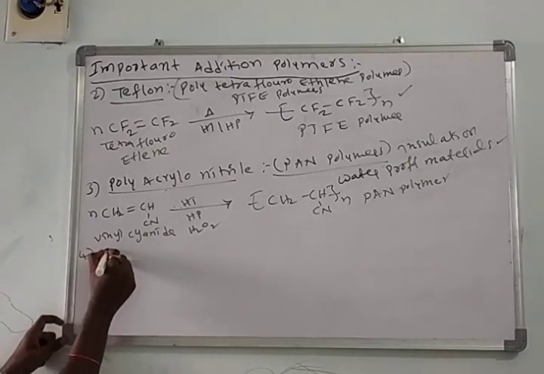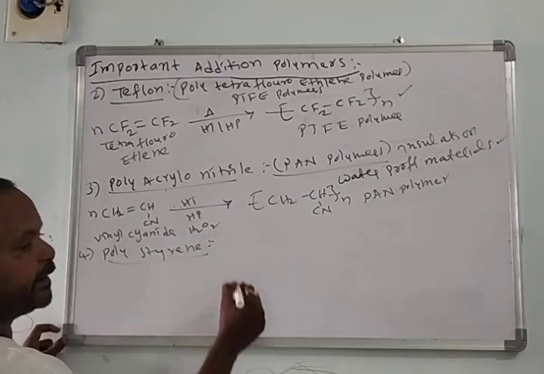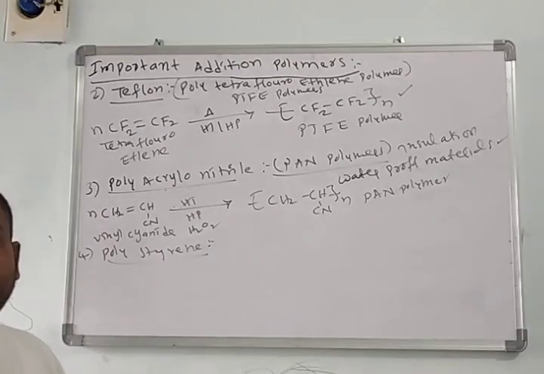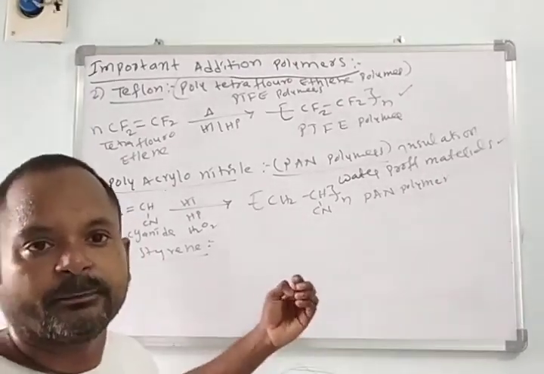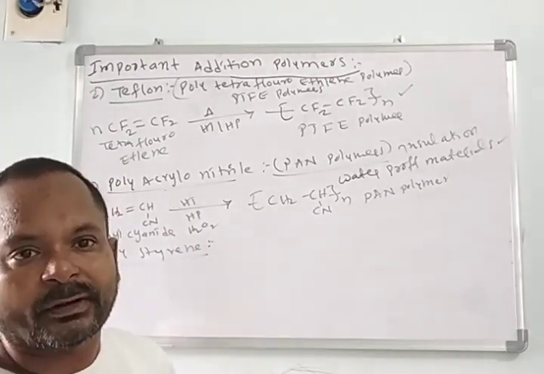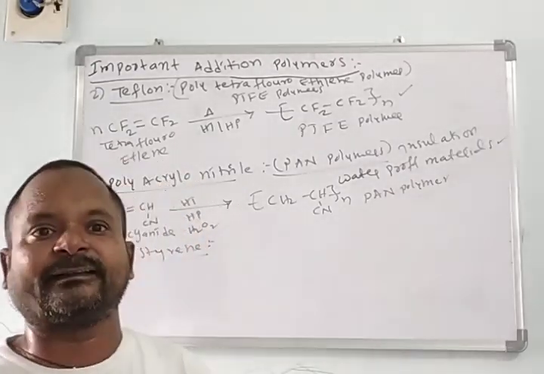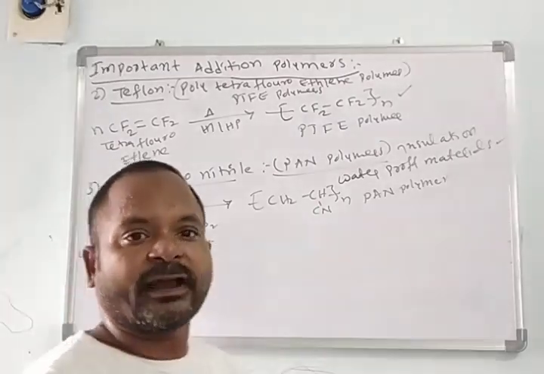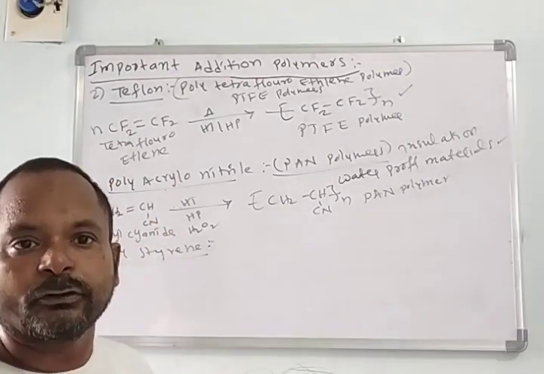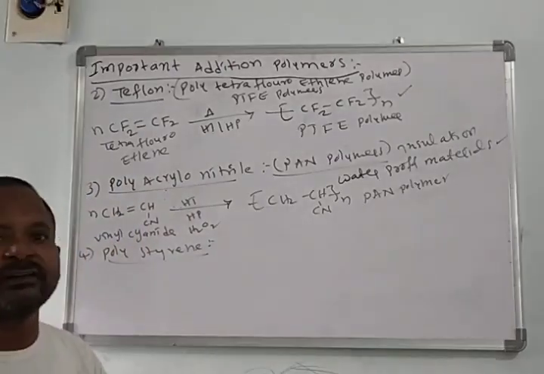Then in continuation we'll see polystyrene. This is a very soft material. Polystyrene is used for the preparation of balloons, rubber materials and chewing gums. In olden days we used discs or cassettes for audio recording. Those cassette reels or discs are manufactured using polystyrene. Exclusively balloon-type articles are prepared using polystyrene.